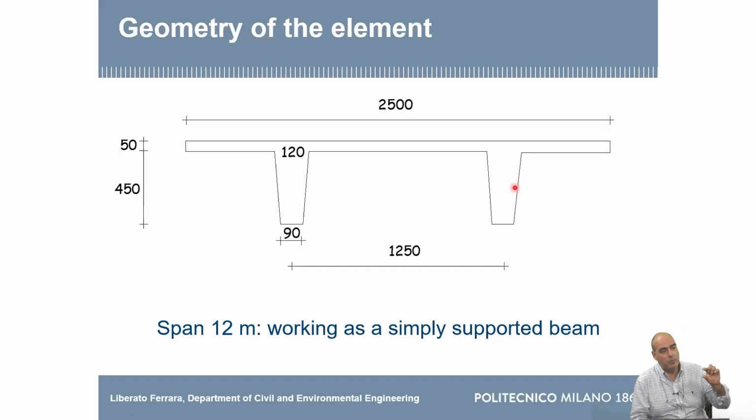We have decided to make the slab 5 centimeters thick. And these stems are in the form of a trapezoid, which is 9 centimeters wide at the bottom and 12 centimeters wide at the top. Why do you think we decided to make